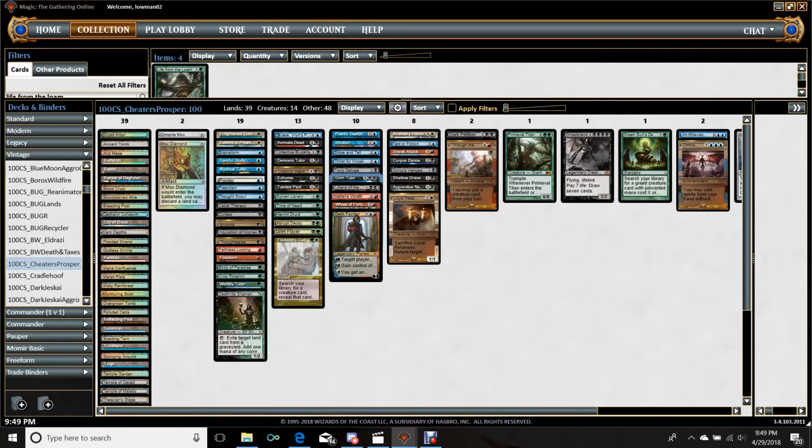Grim Tutor. Obviously, you need tutors in this format, and sometimes if you are a deck that requires a lot of tutoring, Grim Tutor is one of the better ways to go. I mean, it's one of the ones that I think is marginal, right? I have Demonic Tutor in this deck, I have Diabolic Intent, which are probably both better, but Grim Tutor